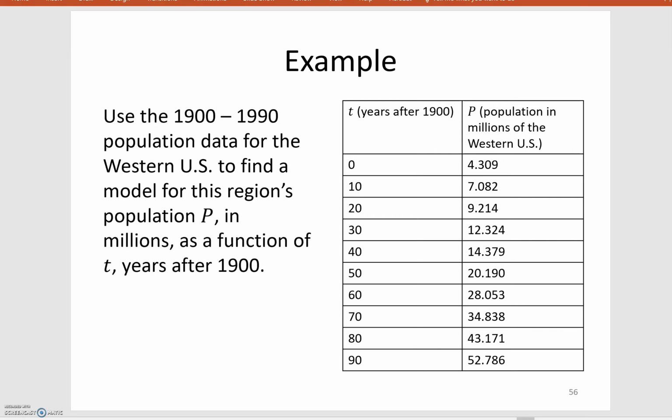Okay, so what we have here is data from 1900 to 1990. This is for the Western U.S. And population data every 10 years in millions. And so what I'm going to do is I want to model this data with some of our various models that we have already, like exponential and so forth. And since this is kind of a big data set, I'm not going to actually do this. I'm just going to run through the slides, and then I'll probably actually model just some of it. But so here's our data. And let's begin with an